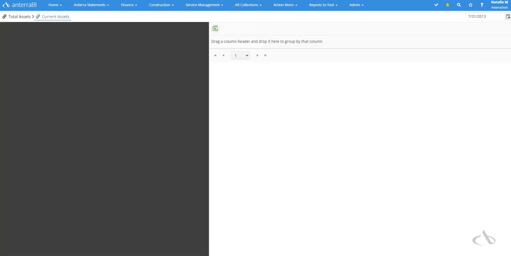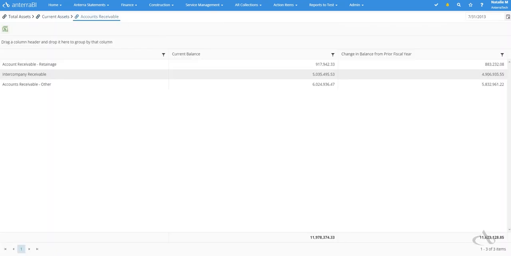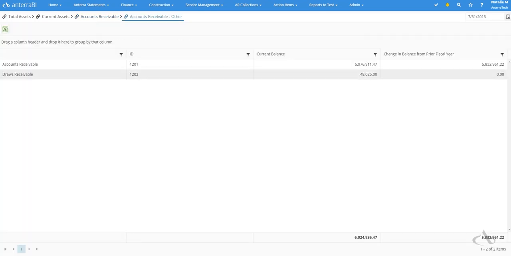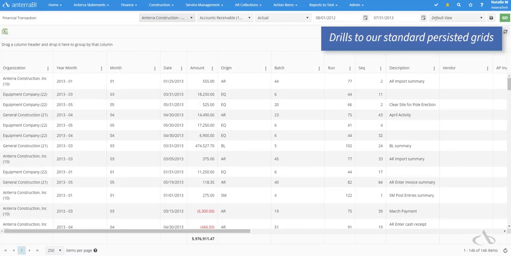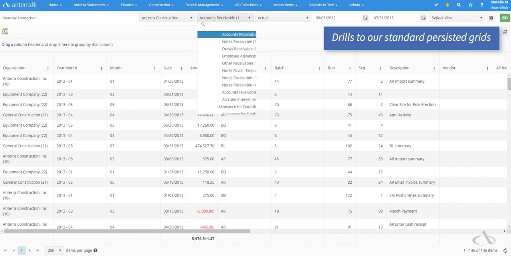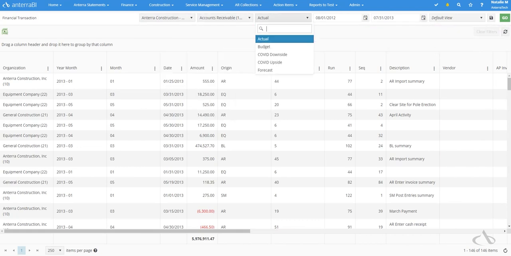Further clicking on numbers further drills down until you get to transactions, including calculations. Ultimately, you can get all the way down to the original transactions that hit your general ledger that made these numbers show up in the statement.